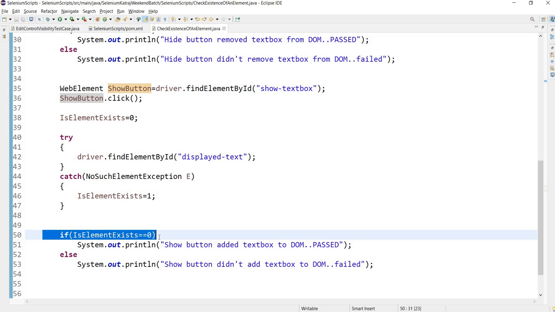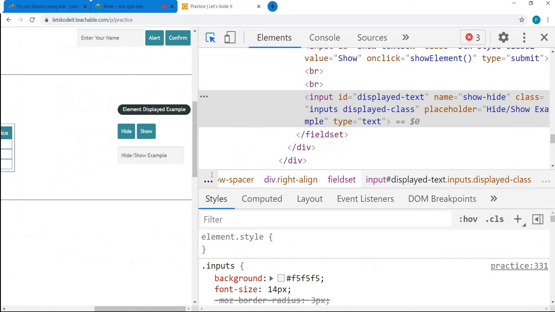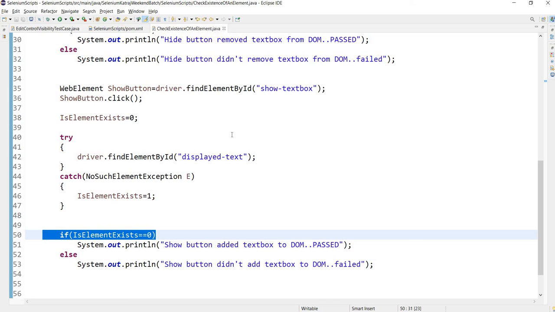In Selenium we have to apply our understanding of how Selenium works internally, and with the help of that understanding, we have to implement this scenario of checking existence. Right? Okay.